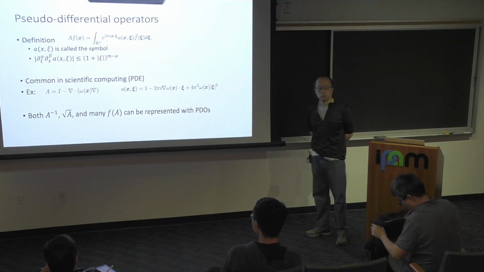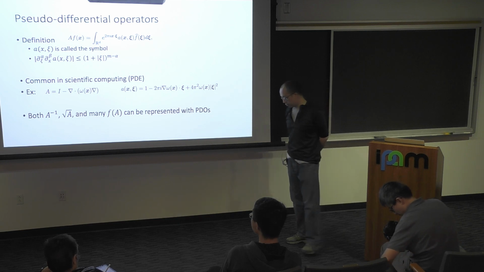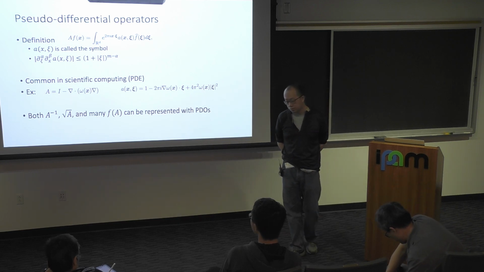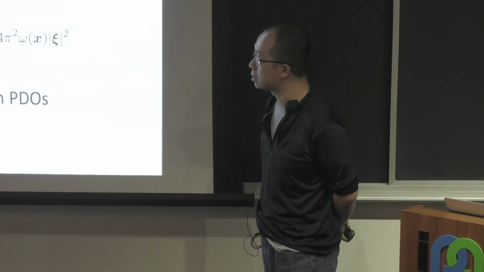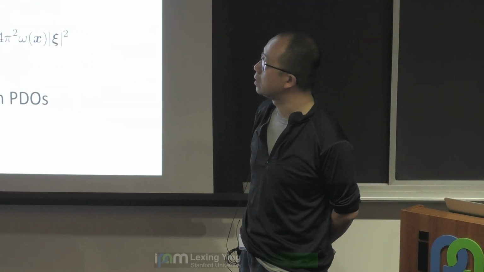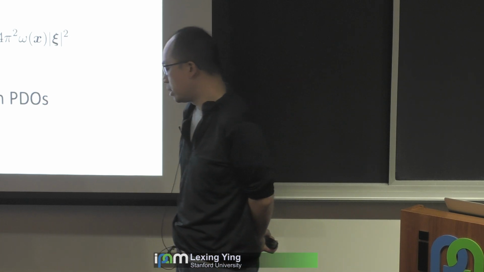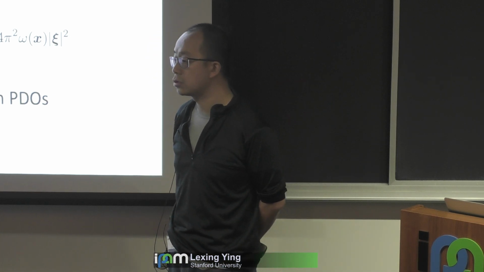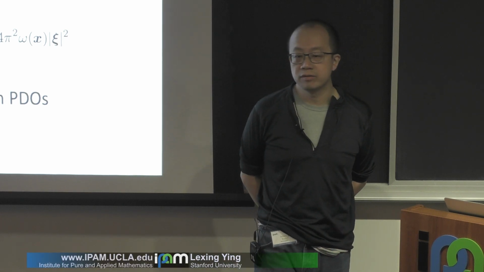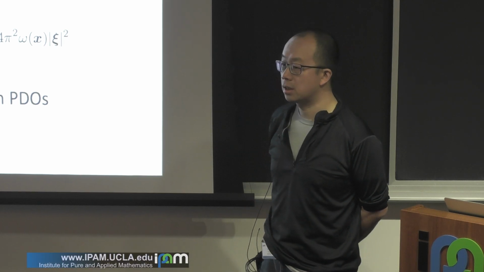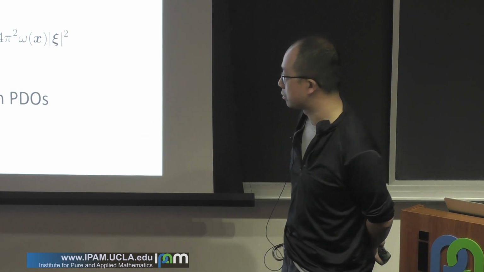Okay. Now, as I said, most of the elliptic and parabolic linear PDE theory is essentially about pseudo-differential operators, and one exception is the linear wave equations. For wave equations like Schrodinger equations, the more relevant operators are called Fourier integral operators. But these operators are also based on pseudo-differential operators.